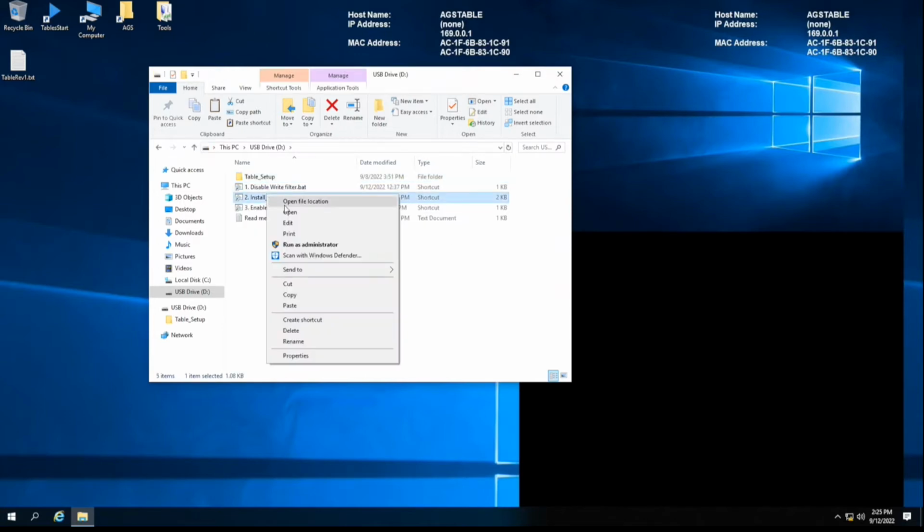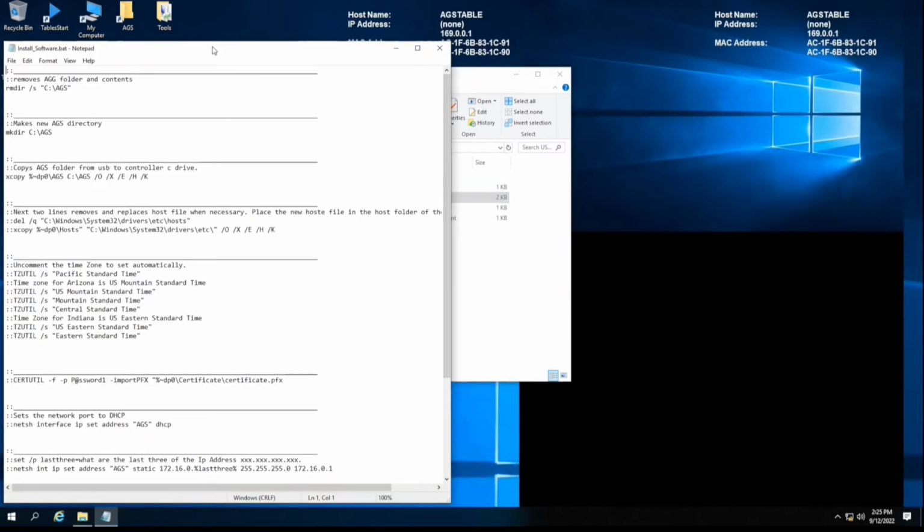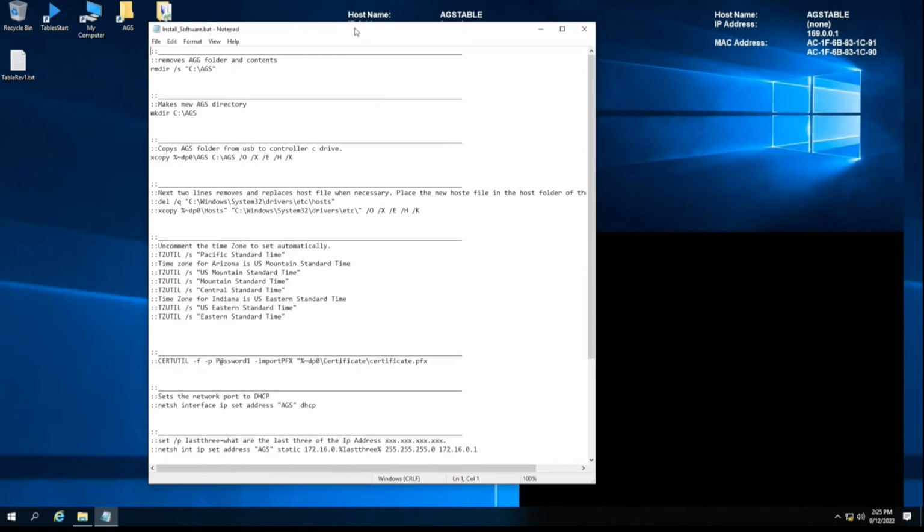When we right click and go edit on this number two, it just shows us what's going to happen during this install process. So it removes the AGS directory. And the reason for this is one of the things we'll be able to do is take a bonus spin extreme and make it stacks, or take a stacks and make it bonus spin extreme. So we don't have to replace the table controllers to go from one to the other. It's going to remake that AGS directory, and then it's going to copy everything from the USB stick to that